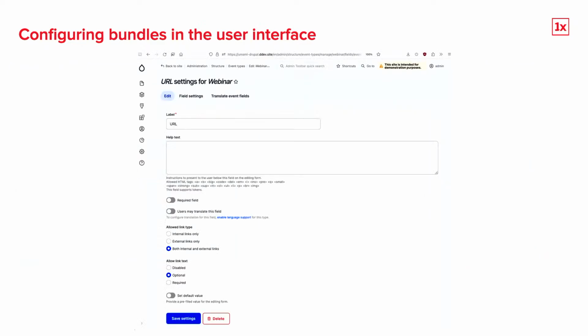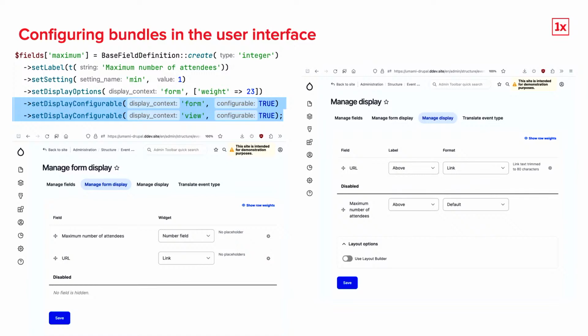We create the field. There's some stuff that we can configure, like making the field required, defining whether it's an external link or not. Every field has different settings. So in order to be able to configure the form display and the view display for the base fields, we need some more things. We need to make it possible that these fields are configurable in the view and in the form displays. For that, we just call the dedicated methods, and suddenly we can see that we can manage